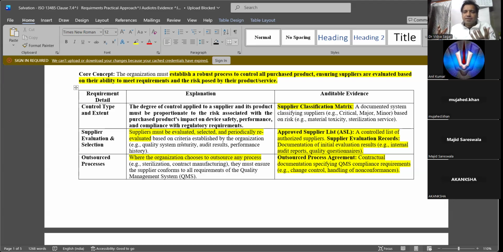Do a proper QMS audit, like how you do for internal auditing. Check everything from clause 4 to clause 8. Are they following the QMS? Okay. And then what you do at the end of the day is prepare an approved supplier list. Okay, this is the auditable evidence.